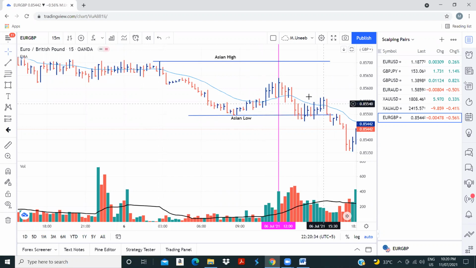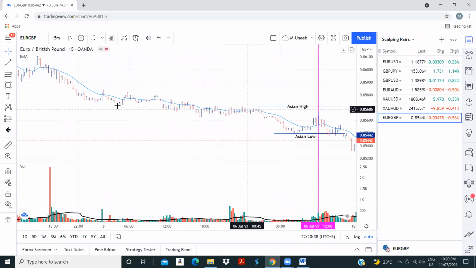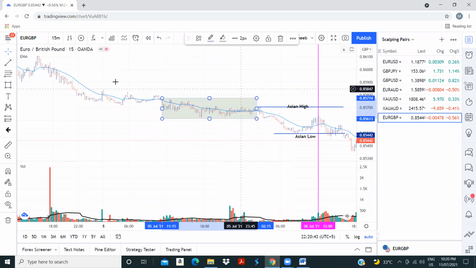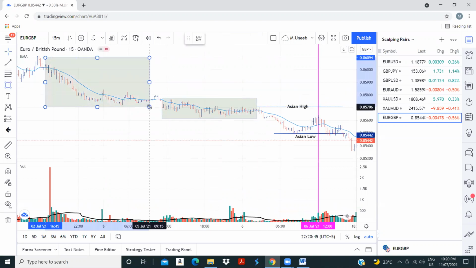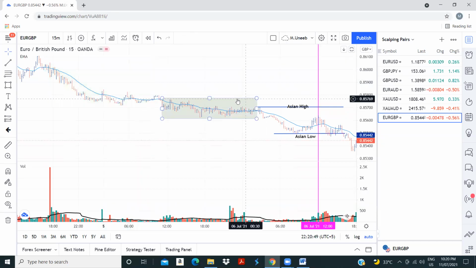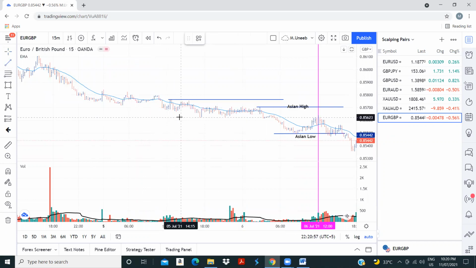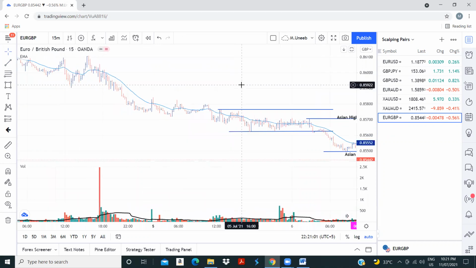Simple, right? Before the Asian high, you can see this part and the previous one. I told you, first of all is this major part, then we have this phase, the downward phase. All right. So we can draw the Wyckoff structure right over here from this point to this point. So first Wyckoff structure would be drawn like here. We have ranging market. Okay, this is a Wyckoff structure. The second one would be